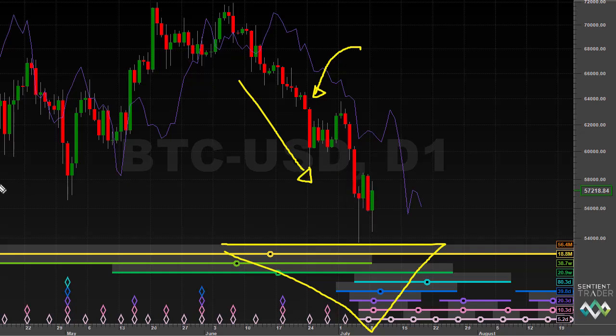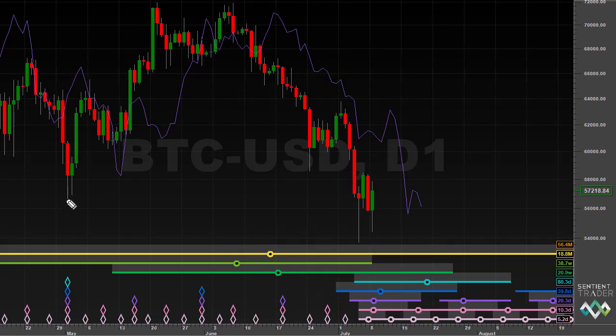I did present a bullish alternative which suggested the possibility that an 18-month cycle trough had in fact formed over here. I would encourage you to go back and take a look at the past two market updates about Bitcoin in which I discuss this possibility. That was a possibility that I presented on a different chart, and we're going to take a look in a moment at what has happened to that. But that possibility relied on the fact that an 80-day cycle trough would form at a target that we calculated of about $60,000. There is that $60,000 target.